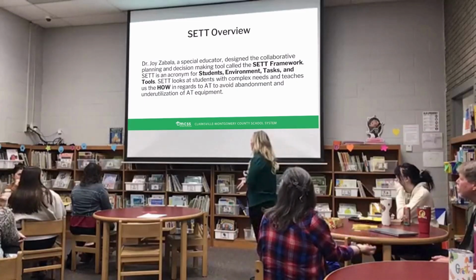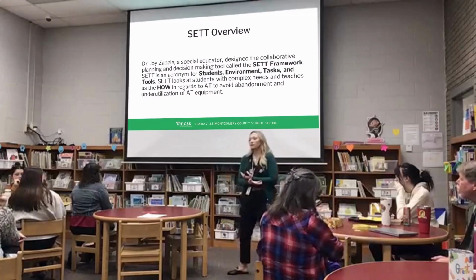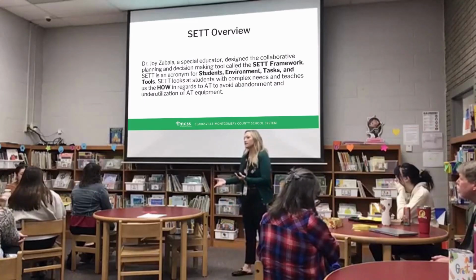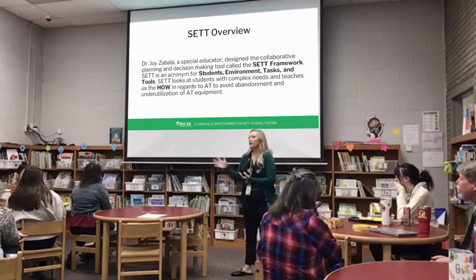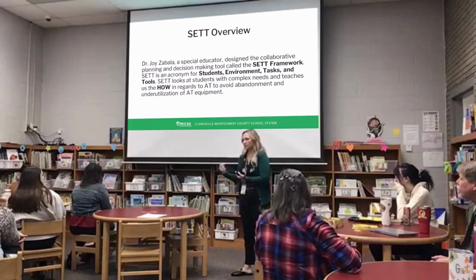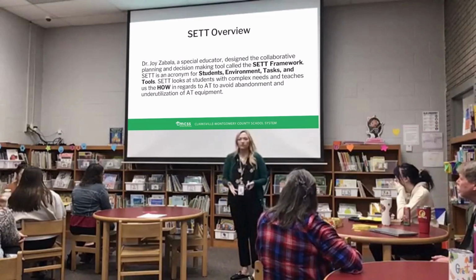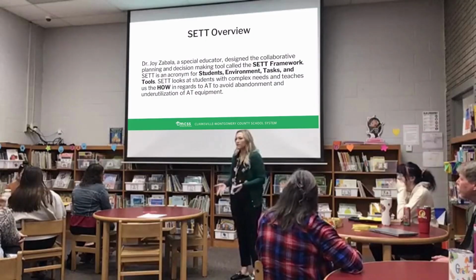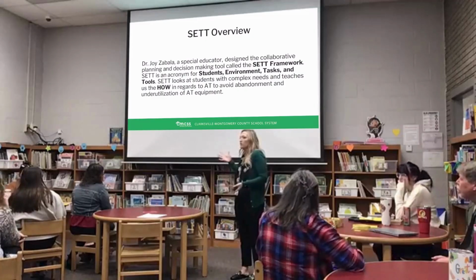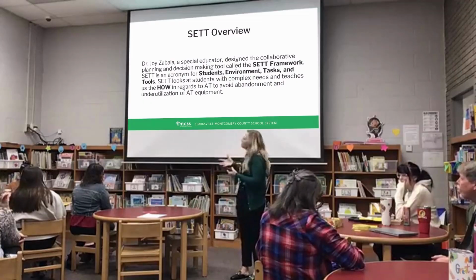and underutilization of the equipment. So making sure we're fitting them with the right equipment so it doesn't end up getting abandoned, and making sure that we are analyzing the environment to determine what the best AT supports can be. So now that you have these iPads, we're going to look and think about on a daily basis the SETT framework on how we can analyze our environment and look at our environment to meet the needs of